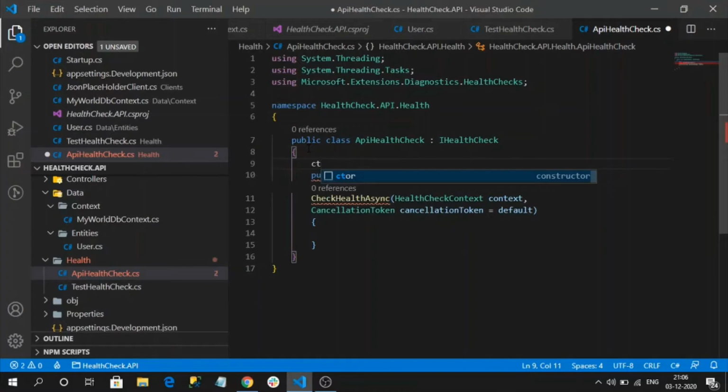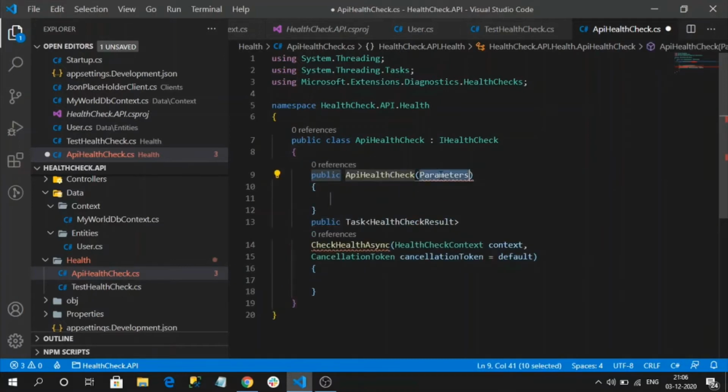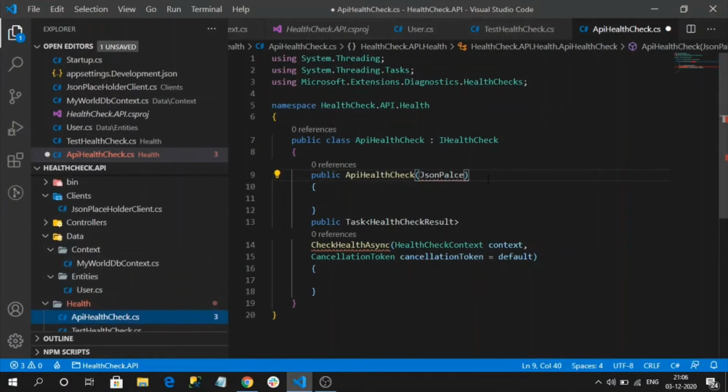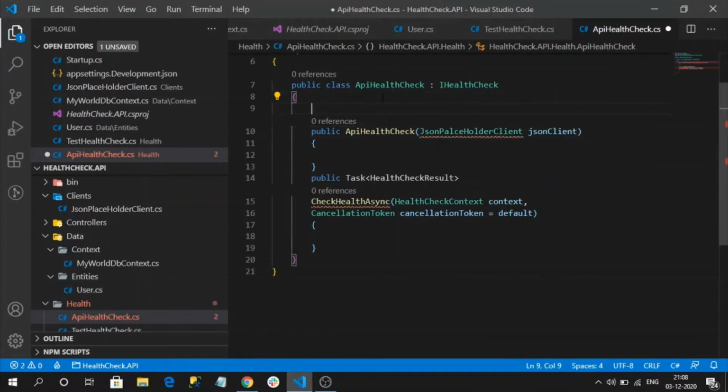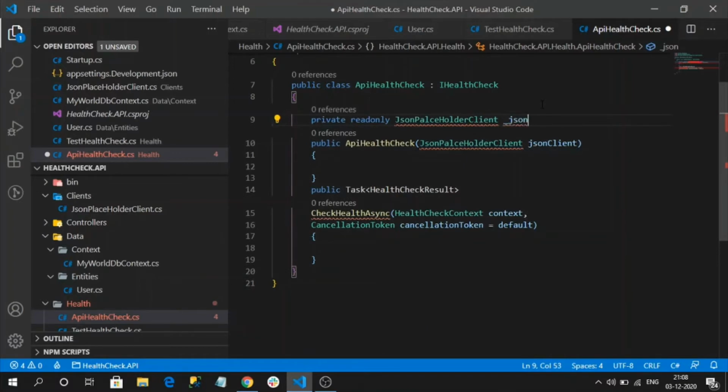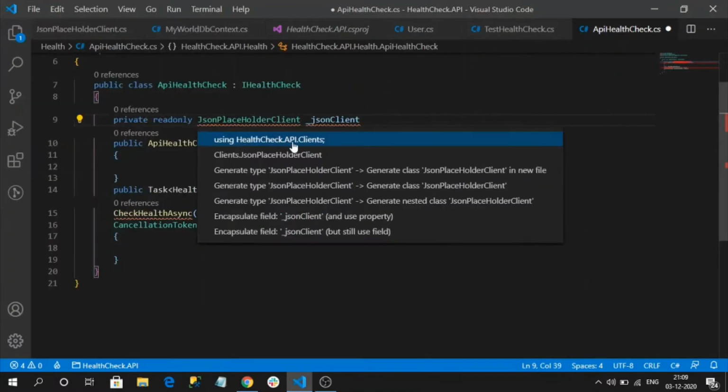Let's do constructor injection and JSON placeholder JSON client. So let me create a private read-only variable to hold the JSON placeholder data JSON client. Let's import the namespace.